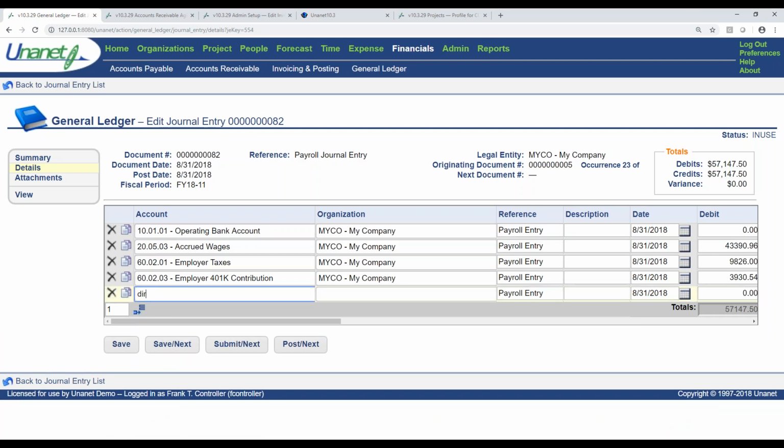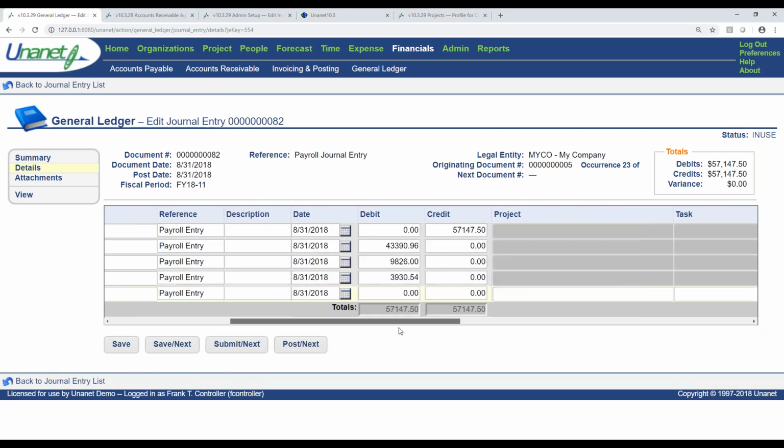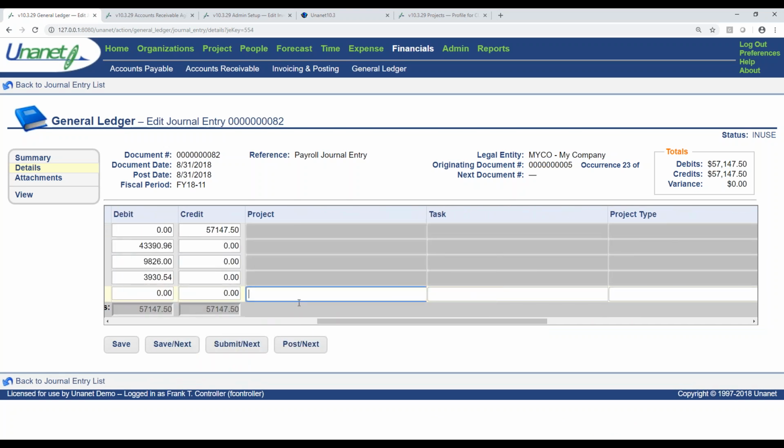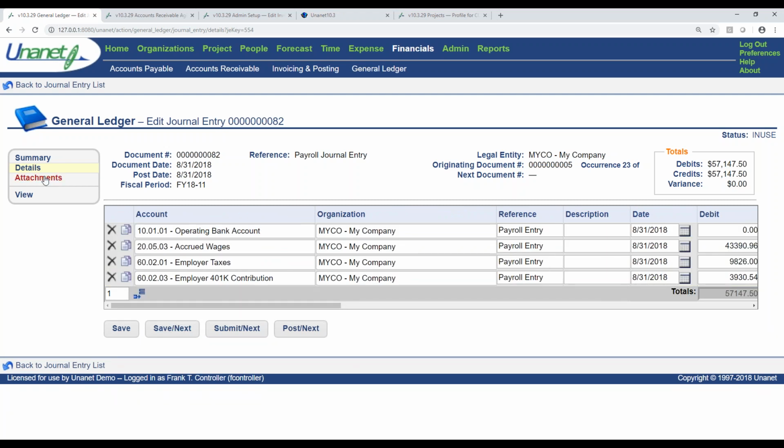That's configured at the account level, and there's this kind of smart filtering where I start typing, and automatically it'll give me the different options to look up. But what I want to point out is that this account requires a project. So it's really up to you to configure a chart of accounts that's based on your preferences. And for each of these, both your AP, your AR, and your journal entries, you can save attachments. So if you're making a journal entry and you like to keep track of the calculations you made, you can store that in here for auditors to look at.